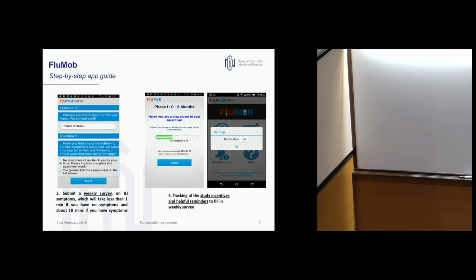If no, great, thank you. If yes, we ask them a few more questions about their symptoms, the more medical symptoms, and whether they have sick care. We also have, like what I said, this tracking page where we encourage them to submit weekly, because we actually incentivize them with cash or with shopping vouchers such that they will provide this weekly submission.